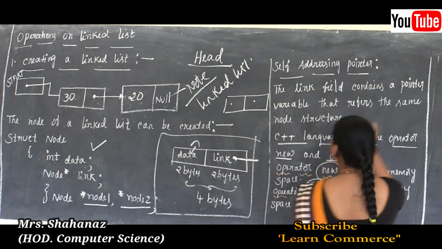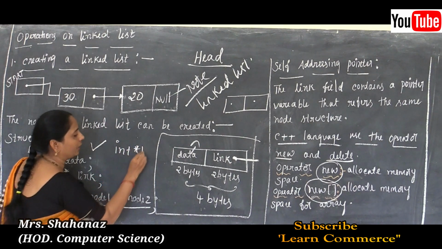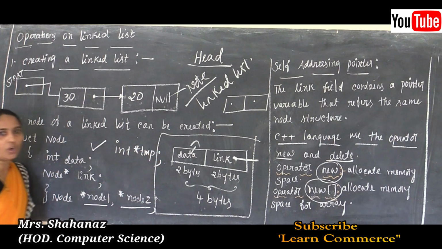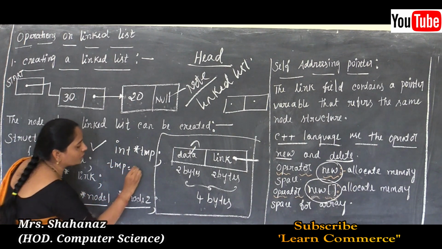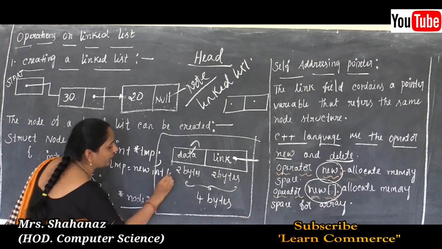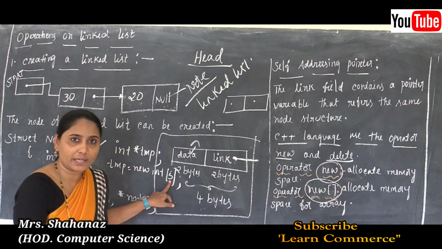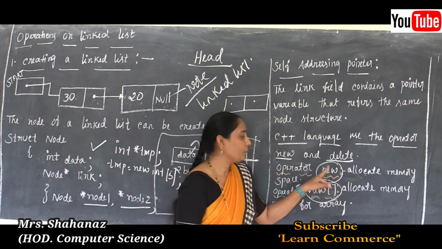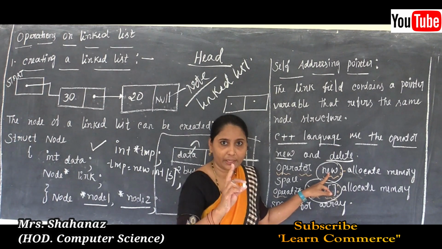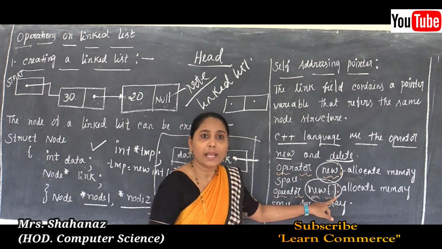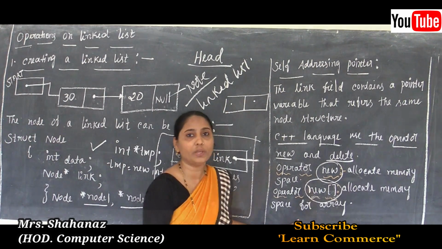Now what do you mean by a single element or a block of elements? Maybe this one is called a single element. Clear this point? The block of elements means, maybe, temp is equal to new int. That means how many elements are there in total? The total elements are 5 in this case. So just the difference: the operator new allocates the memory space for a single element, and the operator new size allocates the memory space for a block of elements. The meaning of block is a number of elements.